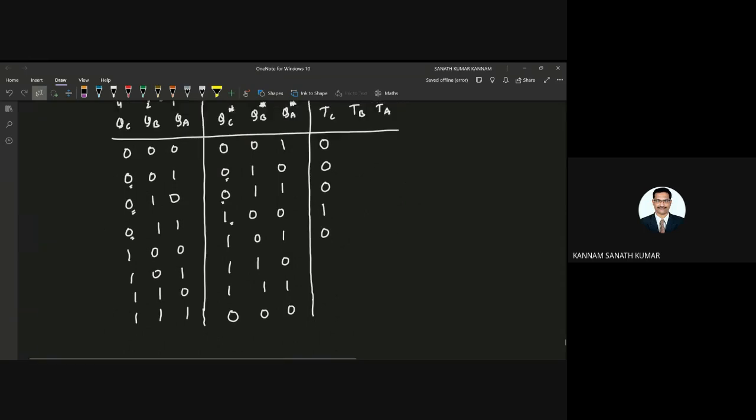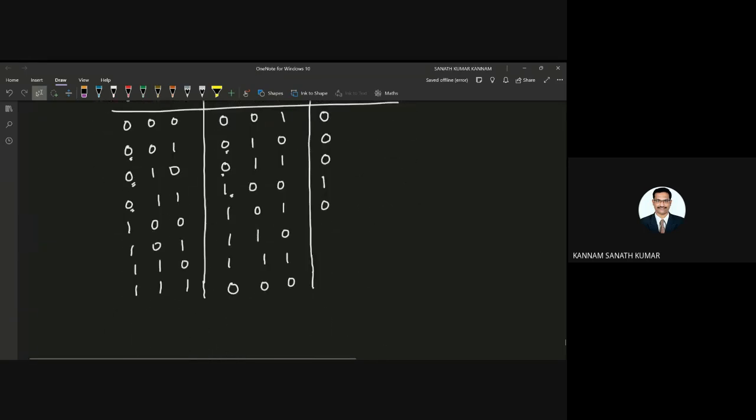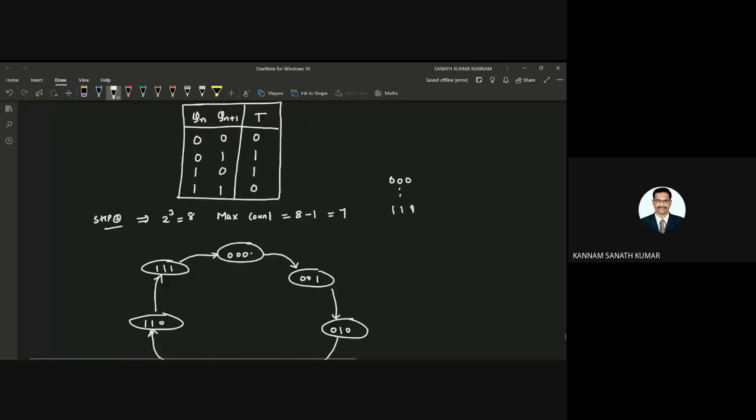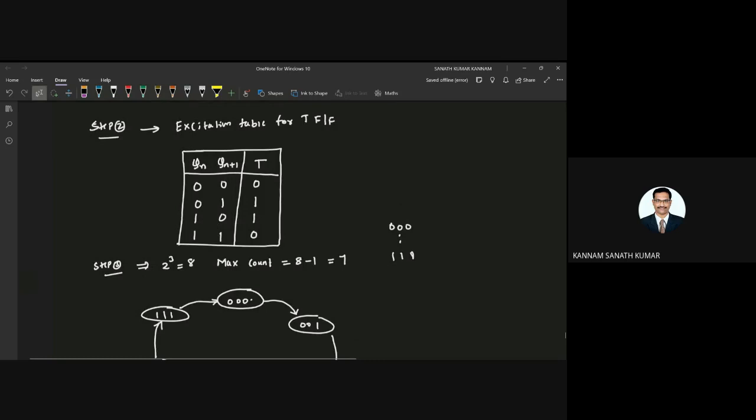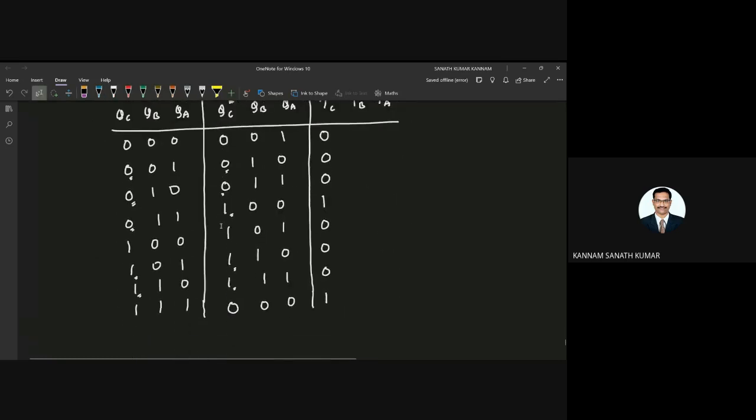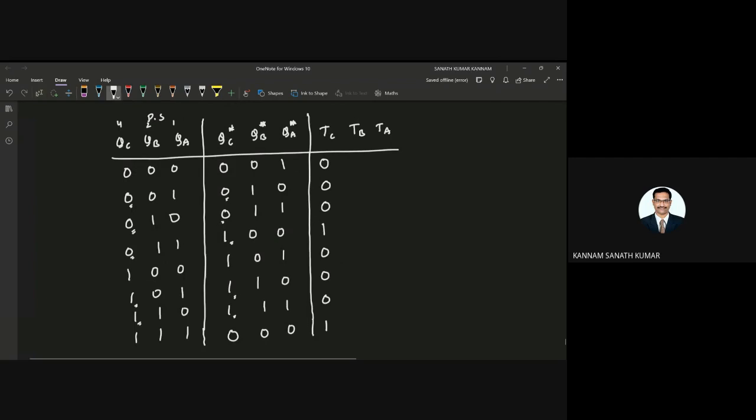You see with the excitation table, 1 1 means what? 0, and here also 1 1. So this is 1 1 0, 1 1 0, and 1 0 1. See here, 1 0 1. I have written for TC, and next you need to draw for QB and QB star.